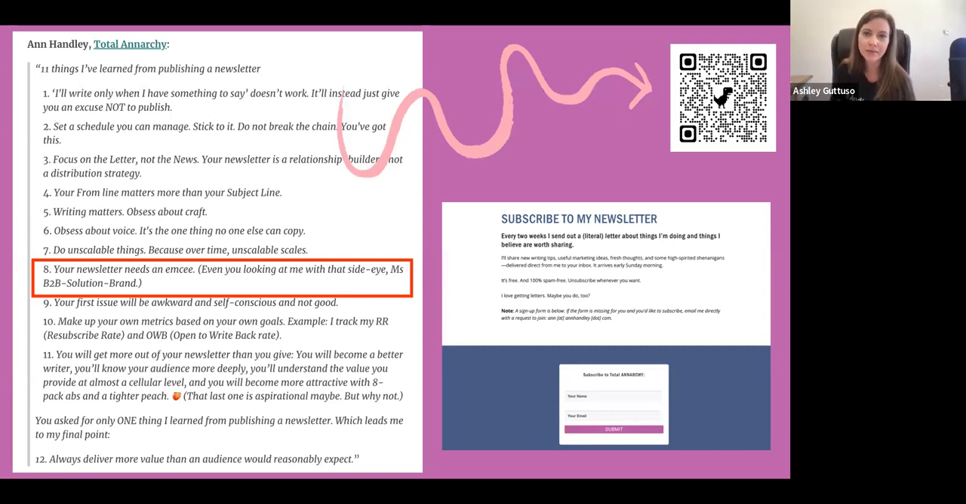And there's a QR code to go get you signed up to Anne's newsletter. If you don't receive it, it is in her voice. And she's recently launched a newsletter in her voice, I think, for MarketingProfs as well. But this has been her personal newsletter to teach us all how to be better writers and better marketers, right? But one thing that she is very strong on is that your newsletter needs an MC. And in classic Anne voice, she says, even you looking at me with that side eye,